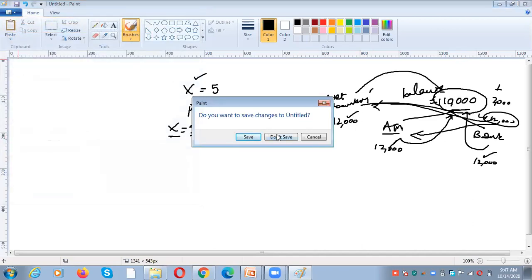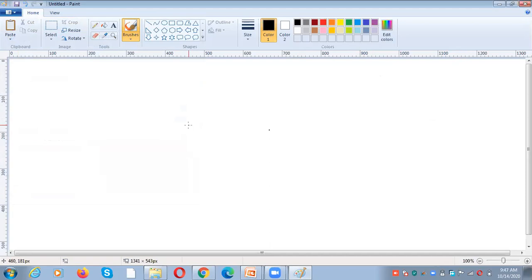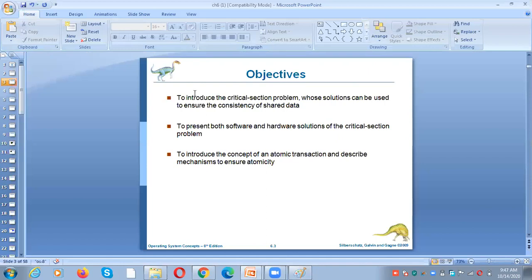That means you need to maintain consistency. What will be the inconsistency problem? Whenever multiple processes are using the same shared data, the data should not vary from process to process. The shared data needs to be the same for all the processes.